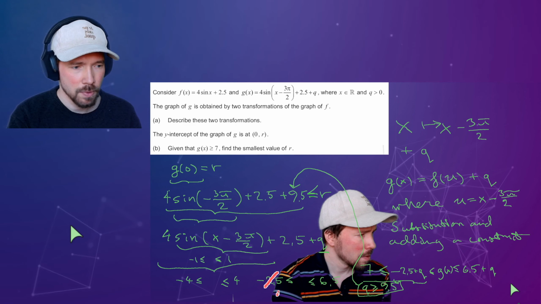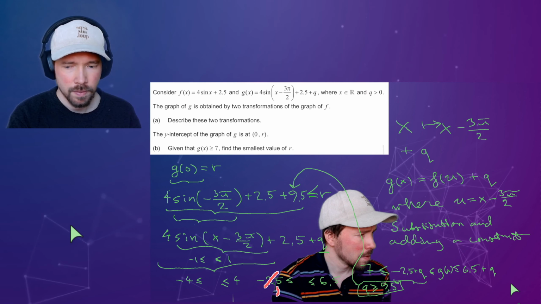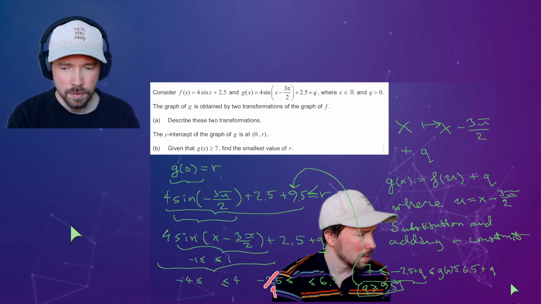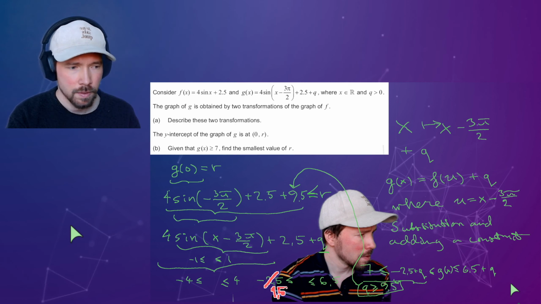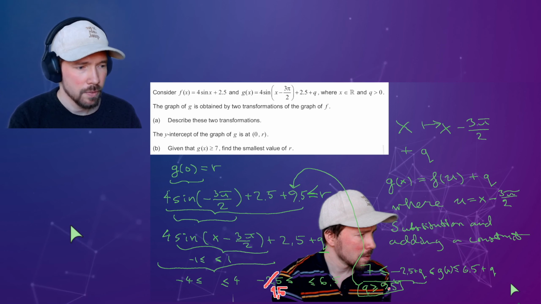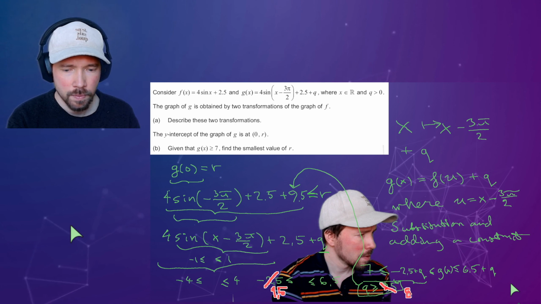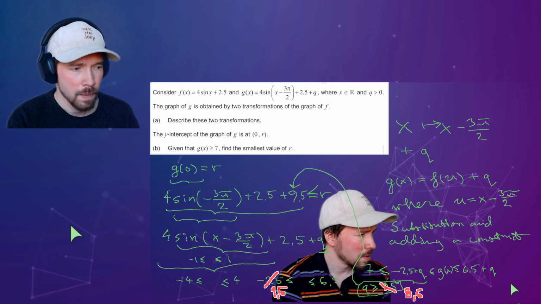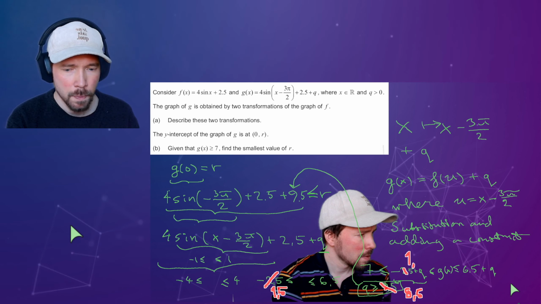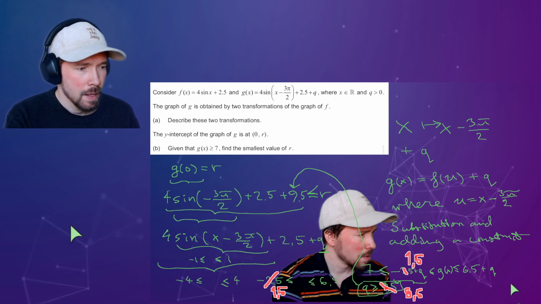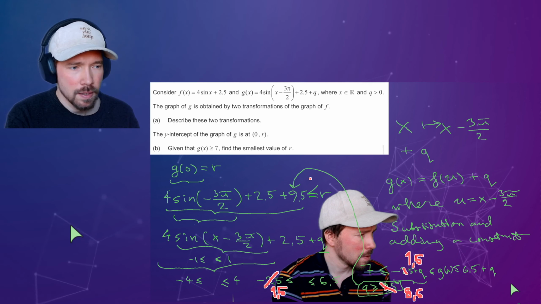Okay, instead of this it should be 1.5. Then further down the line here has to be 8.5. This should be 1.5. And therefore this should be 8.5